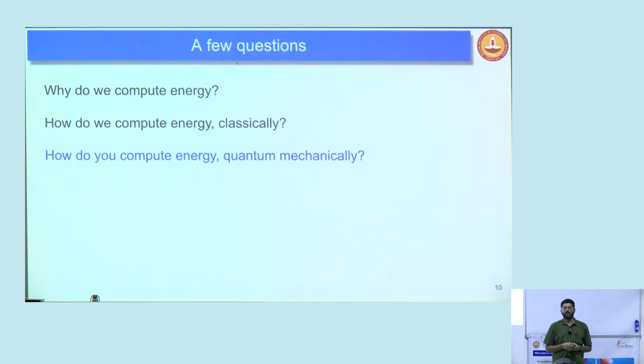For the case of kinetic energy, what is kinetic energy? p square by 2m. How do you write p in quantum mechanics? h bar by i, del by del x. Yes, you keep the cap to represent the operator, but what is the formula is what I was asking. So p is nothing but, or p square by 2m should be some,